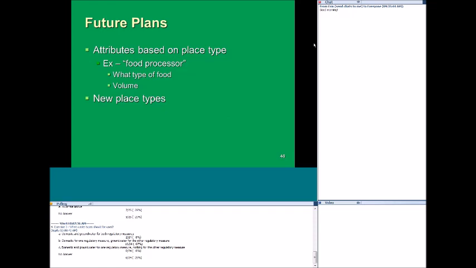And those would show up on the additional information tab of the place record. If you're a food processor, you get the food processor questions. If the place type is power plant, you have a different type of questions. And so in that way, it's dynamic there as well.